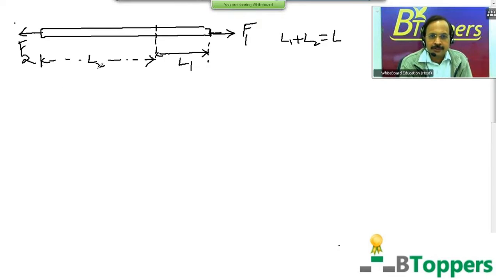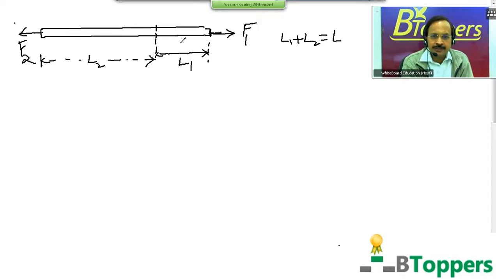Of course, the conclusion which we are going to arrive at will be the same irrespective of whether F1 is larger or F2 is larger in magnitude. But to start the calculation, let us suppose F1 is greater than F2, so that the rope moves towards right with some constant acceleration. If the forces are constant, then the acceleration is also constant.